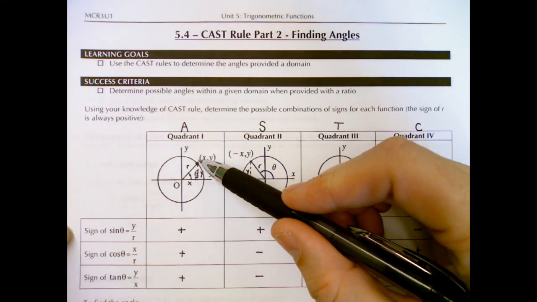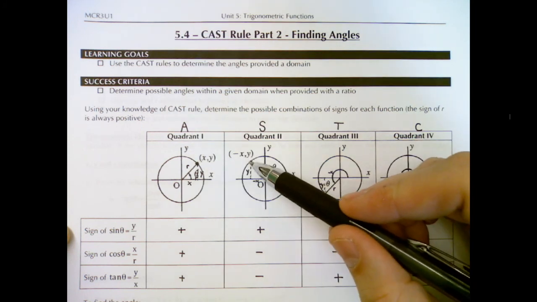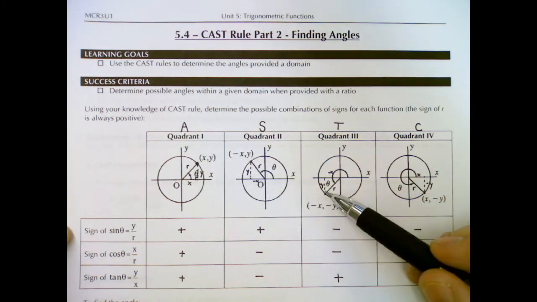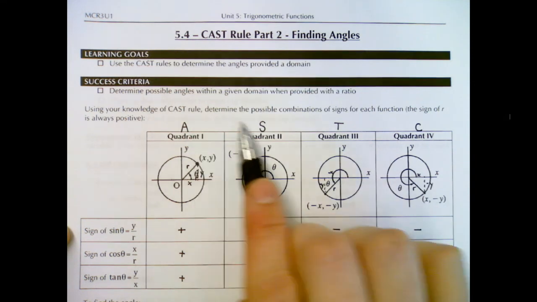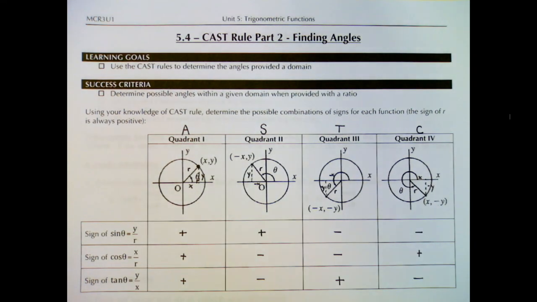Quadrant 1, all are positive. Quadrant 2, sine is positive. Quadrant 3, tan is positive. And if you remember CAST, that will tell you which of the ratios is positive. Why is that important? Well,